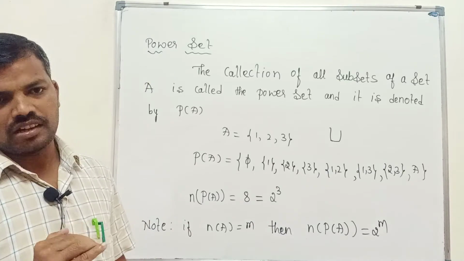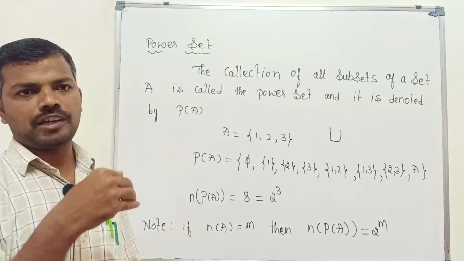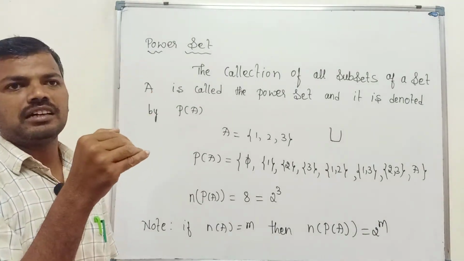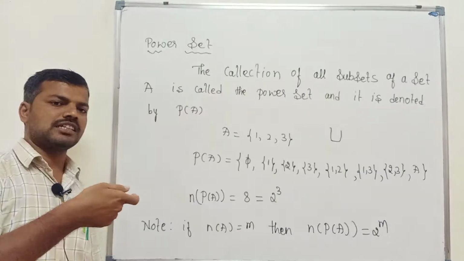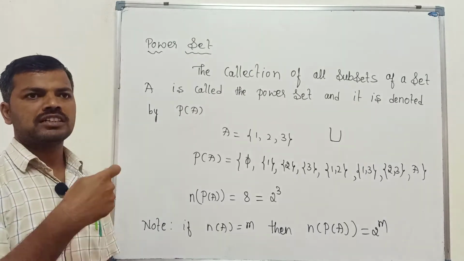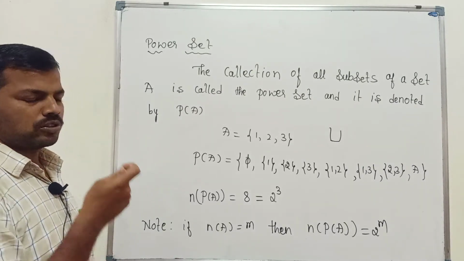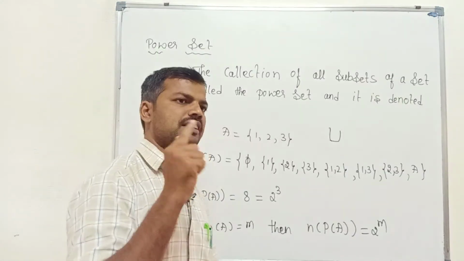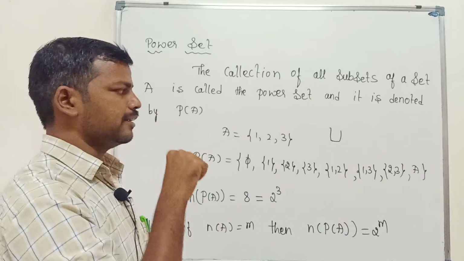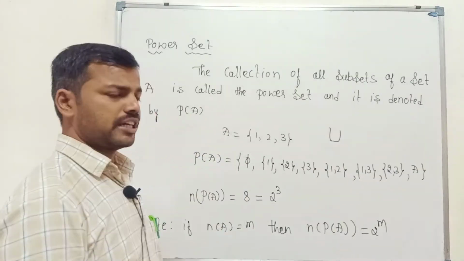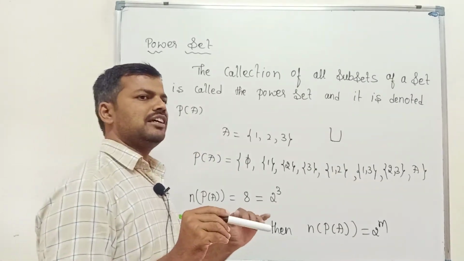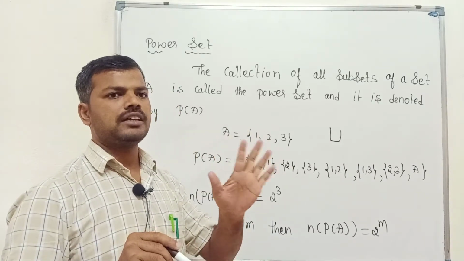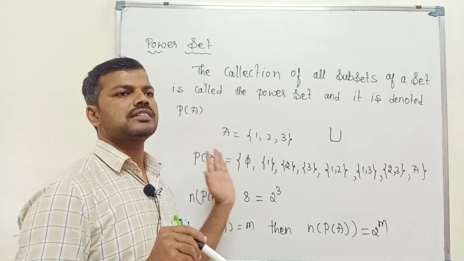Now up to this point, after that it changes. Why? Because we are going to study a number system which is higher than the real number system, which we call the complex number. That will become the universal set of the number system. Later we will study the complex number; we will have a chapter on complex numbers and quadratic equations. In that we have to study the complex number in detail. Whatever we have studied up to here, we confirm that the real number is a universal set of the number system.